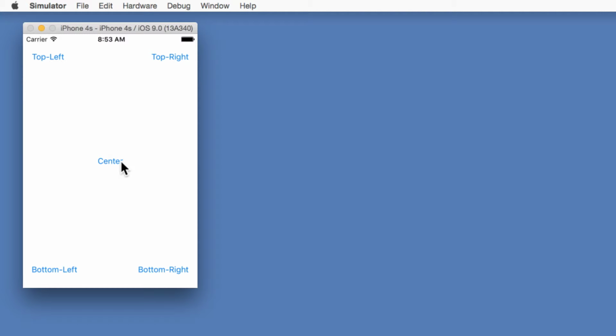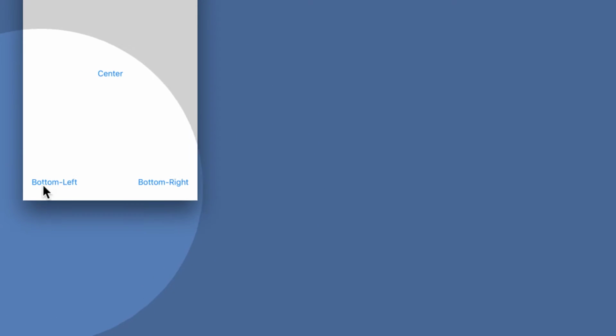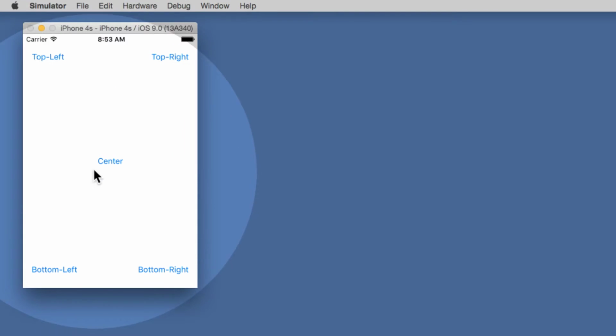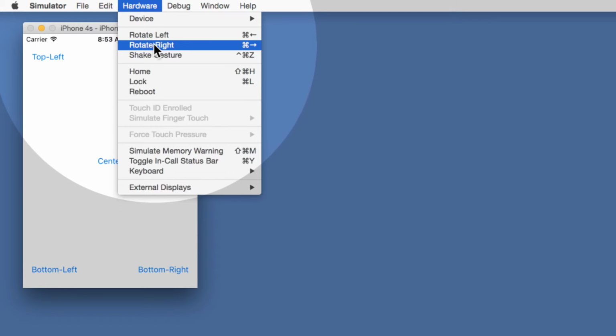All right, so let's watch what happens here. First, let's call your attention to the fact that I've got 5 objects in my app this time. I've got one that's supposed to be in the top left corner, one in the top right corner, one in the bottom right corner, one in the bottom left corner, and then of course one right here in the center. And the most important thing is that when I go to the hardware menu and choose rotate right,